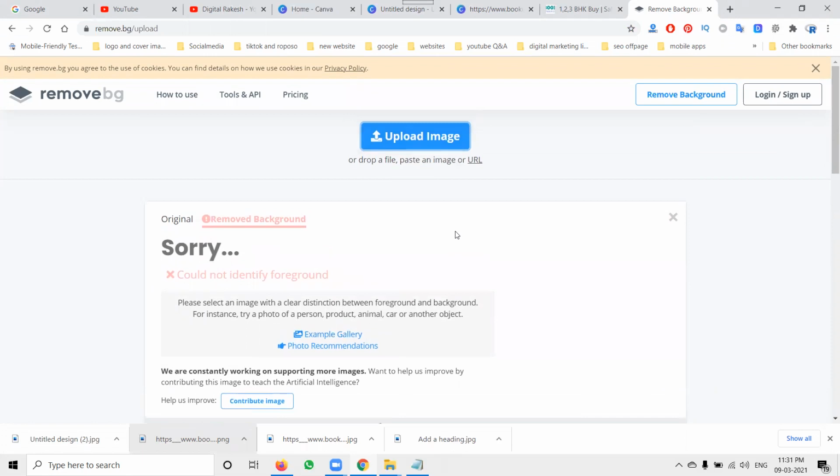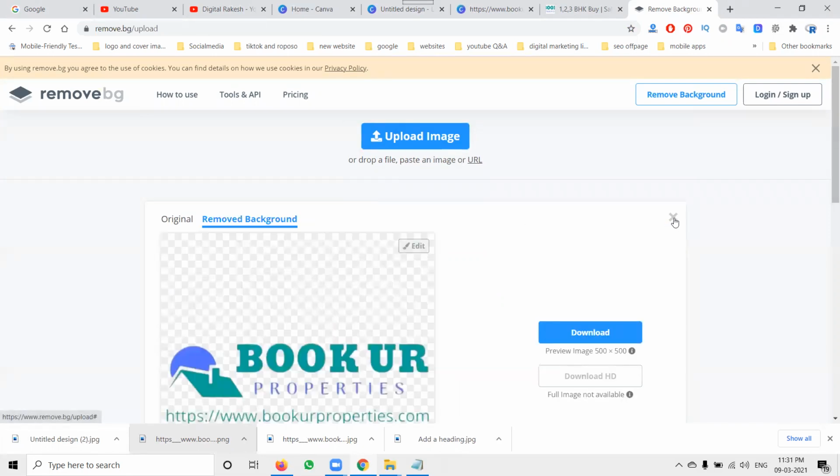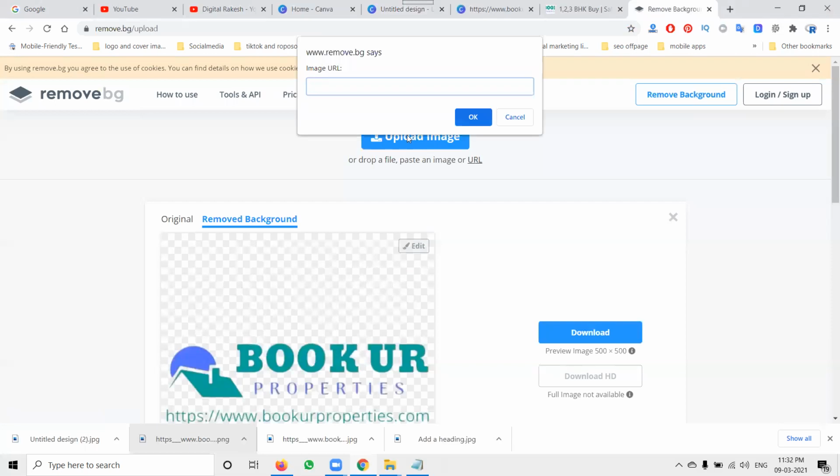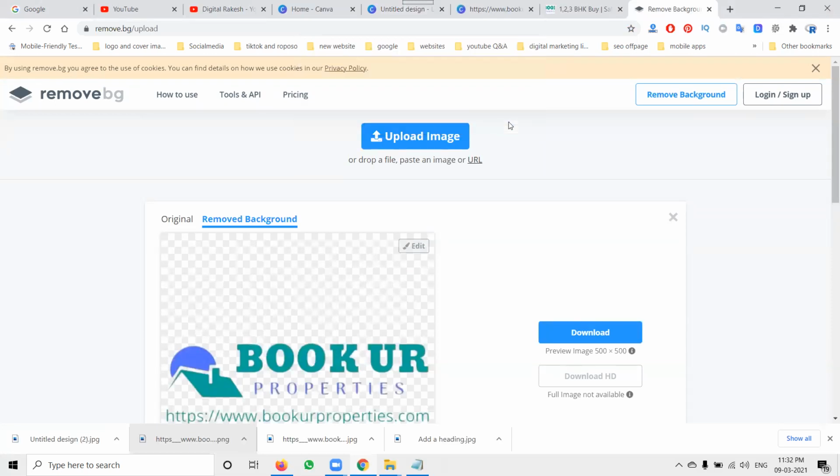Logo-related or background-related images, they usually remove from your background images. We can use this feature to convert JPG to PNG format. So this is the image URL. This will be the uploaded image. Both run successfully to convert JPG to PNG format.